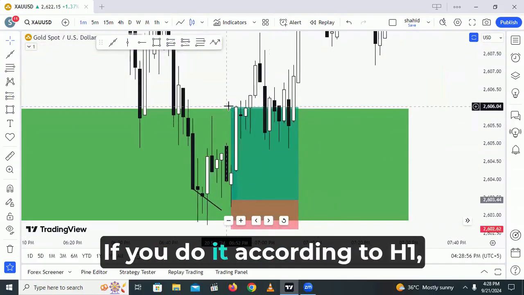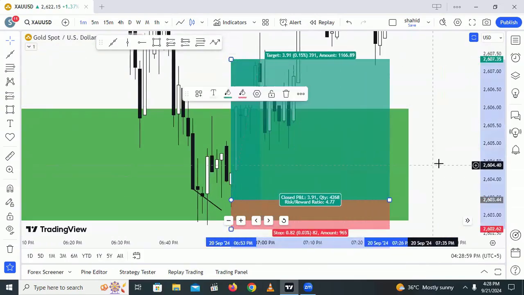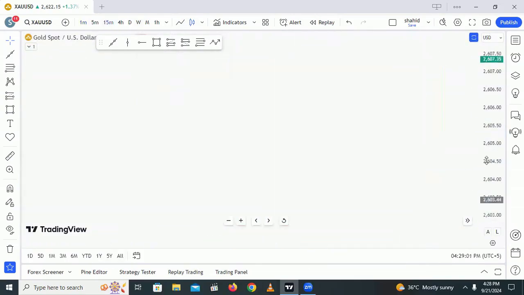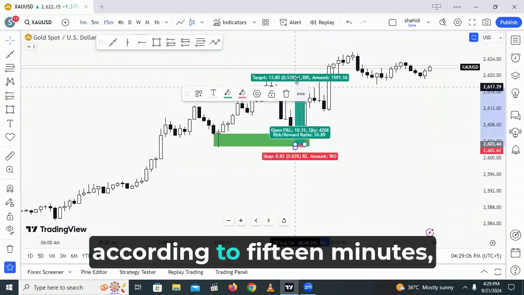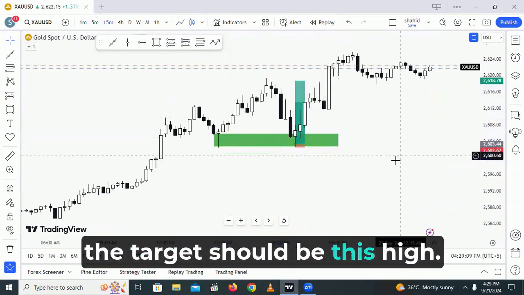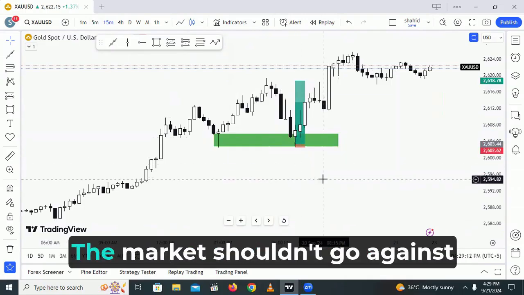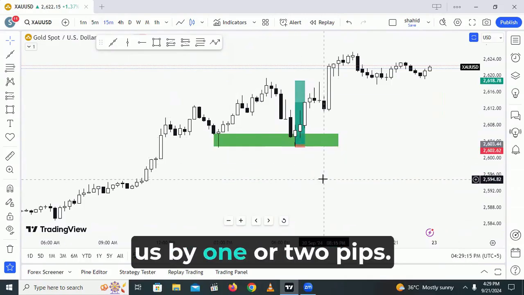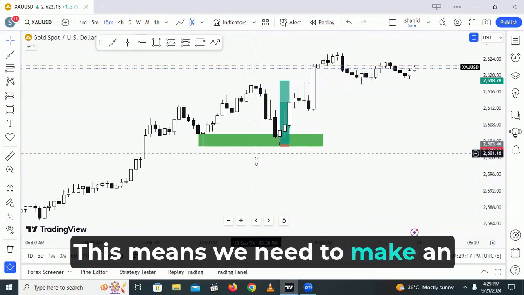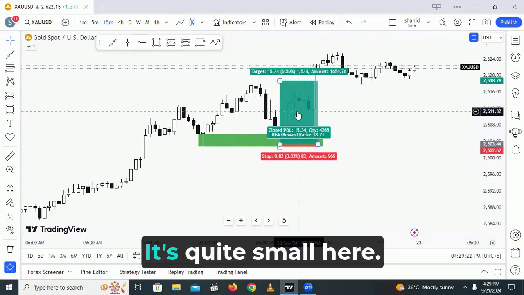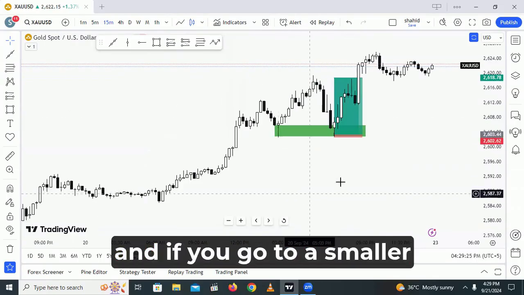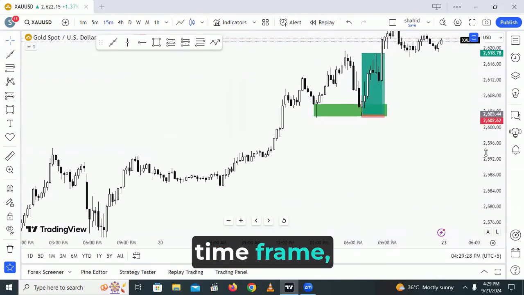If you do it according to H1, then H1 should be the target. If you look here, according to 15 minutes, the target should be this high. The entry should be marked here. The market shouldn't go against us by 1 or 2 pips. This means we need to make an entry right at the peak. Check the reward as well, how long it is. It's quite small here. This is the entry, and if you go to a smaller time frame,